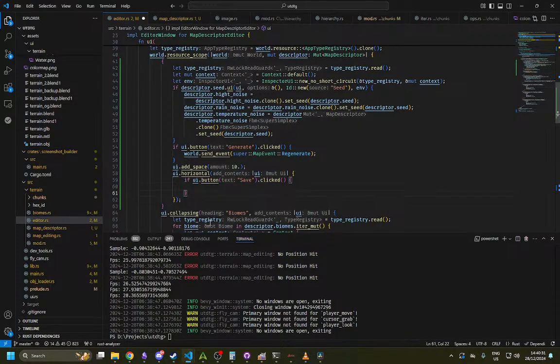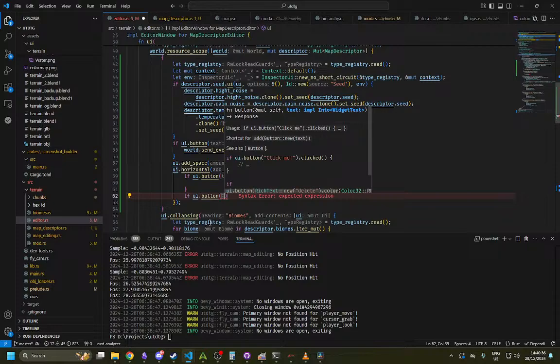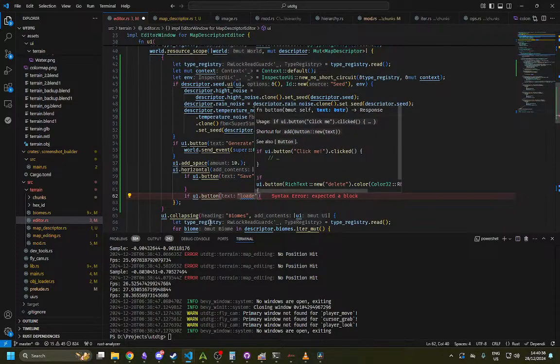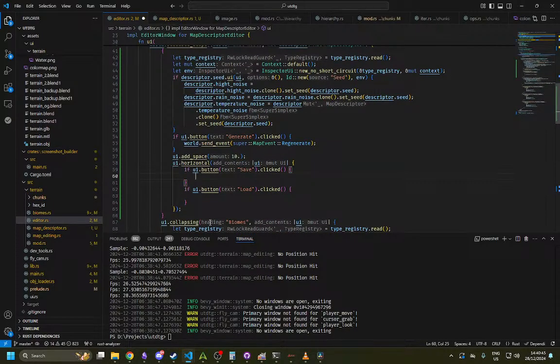If button save clicked, and then if UI dot button load clicked. So then we need to go